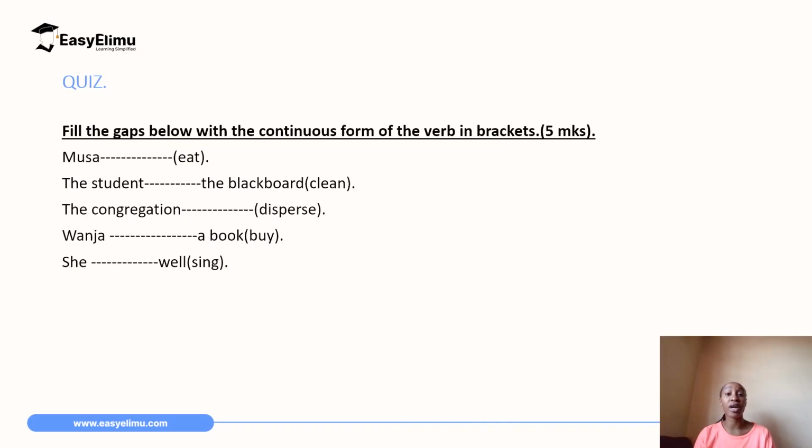So for further practice, you can have a look at the quiz and attempt it. Fill the gaps below with the continuous form of the verb in brackets. Musa dash, the word in brackets is eat. So we will say Musa is